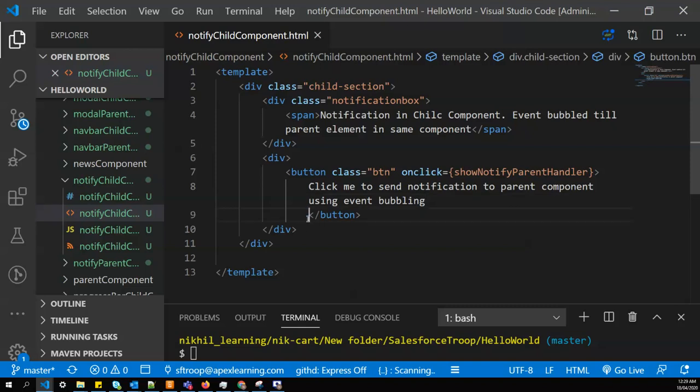So we have created a button and attached an event handler.